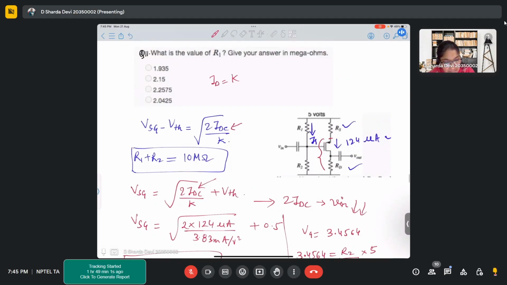ID is K times VSG minus VTH whole square. So if we go with this formula, we get root of ID by K is VSG minus VTH, and we'll only see one IDC. But here we are getting 2 IDC because